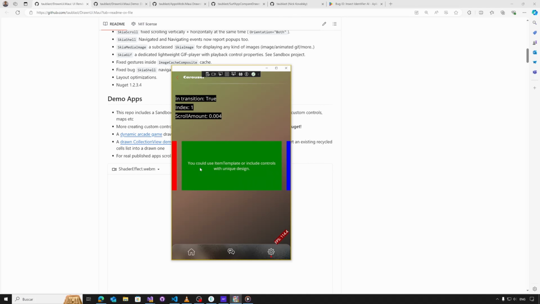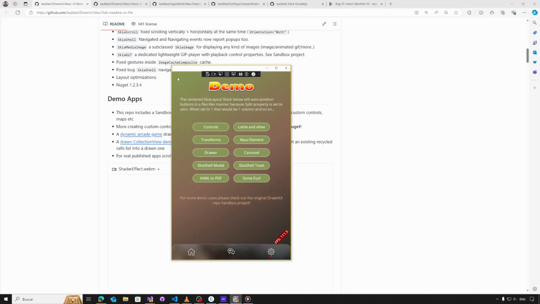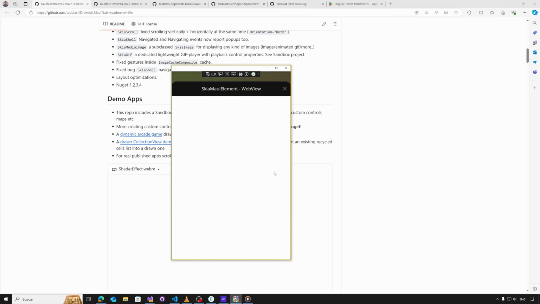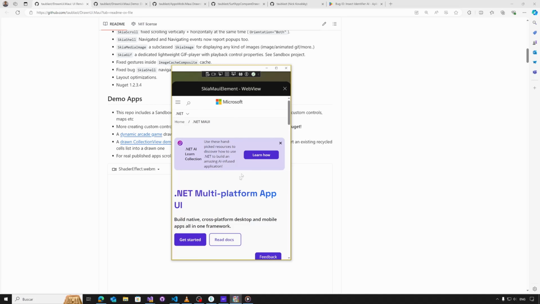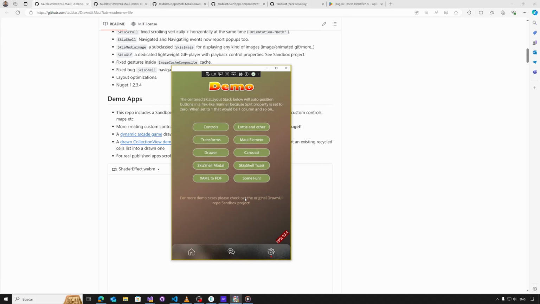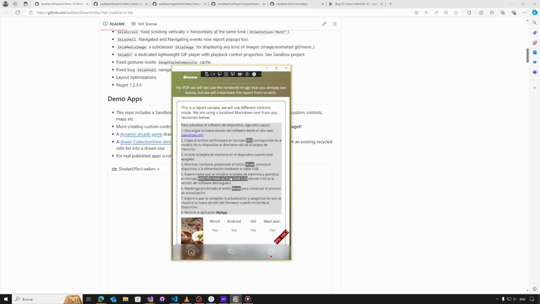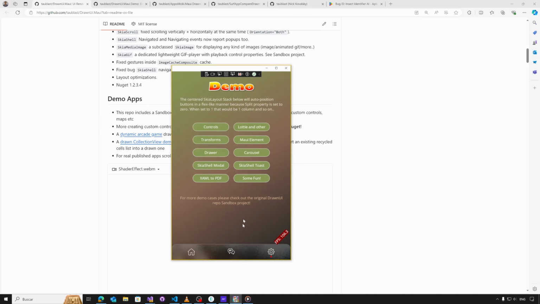We have more complex controls like, for example, a carousel. We also have modal elements in which we can embed any content, including native elements, like, for example, a web view. And we can create simple pop-ups. And also we have options to save XAML to PDF, or even we can create more complex things, like, for